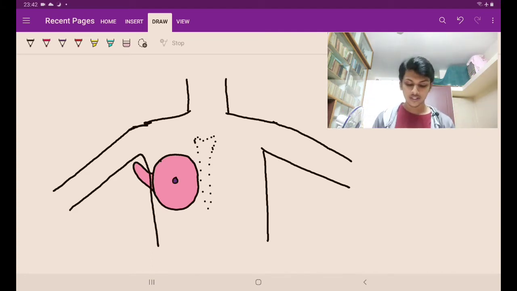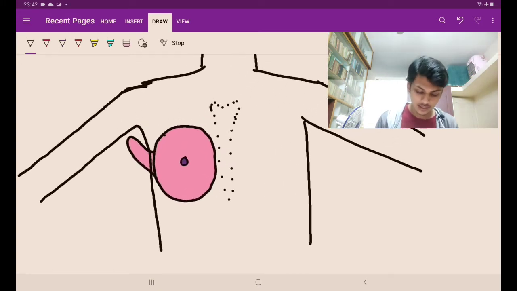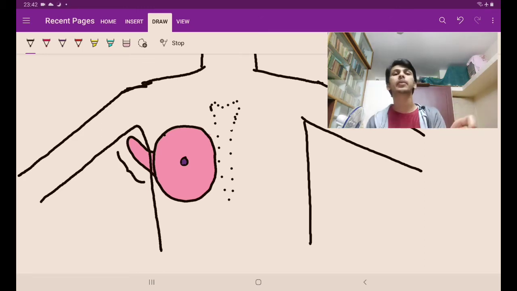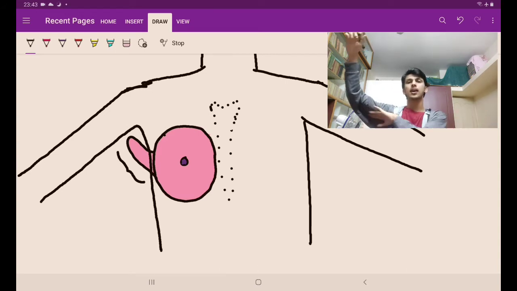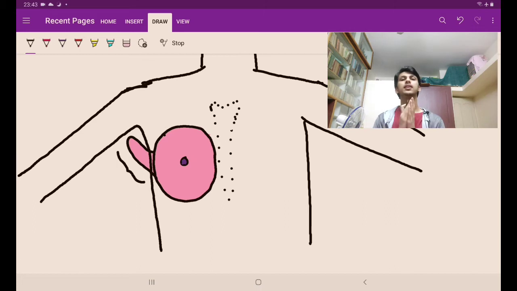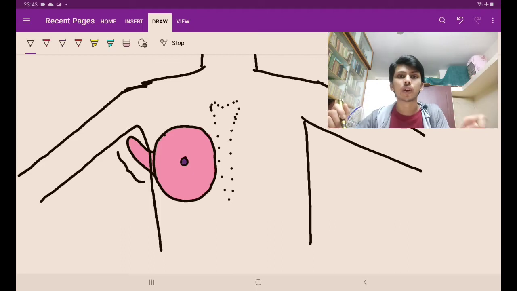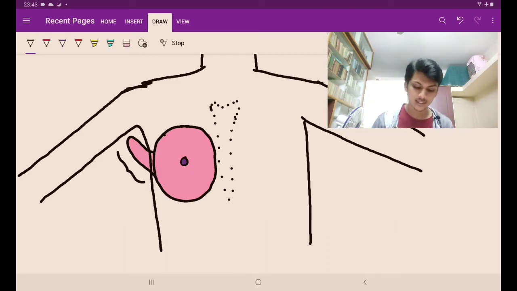Now see here, guys. Today I have drawn a tail here. That is called the axillary tail of Spence. That is the normal breast tissue which is present in the axilla, which extends into the axilla. Now see, this is the chest, this is the axilla, which is a part of the upper limb. Between those two there is a deep fascia. Deep fascia is the strong fibrous connective tissue which separates the compartments of muscles. So if it is so strong, how will the breast tissue, which is fat, go into it? So it can't go. So there is a hole that is called the foramen of Langer. The axillary tail of Spence enters the breast tissue through the foramen of Langer.